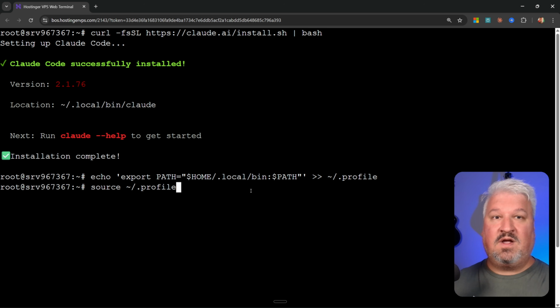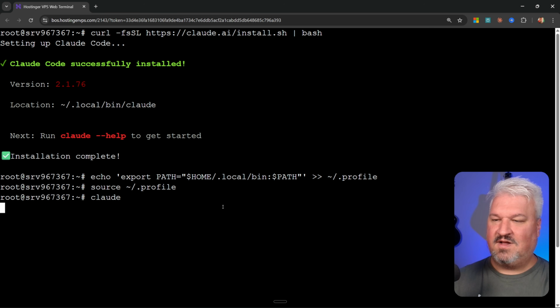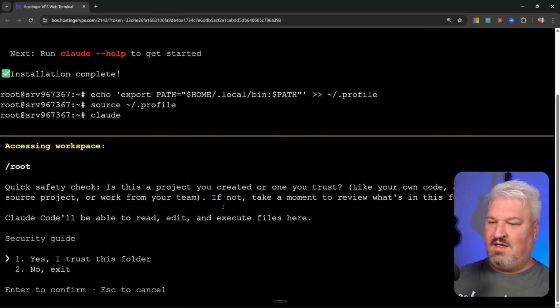Then finally, we can run this command, which is just source ~/.profile. And that was really the worst part of this entire setup. The rest is really simple. We can now run the claude command, and if all of that was set up correctly, we will be able